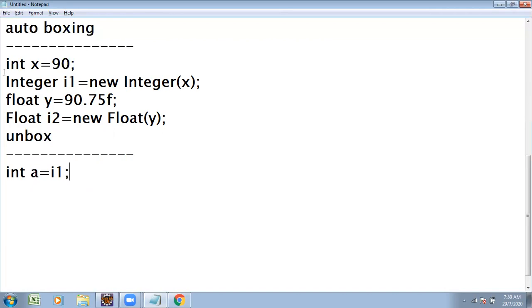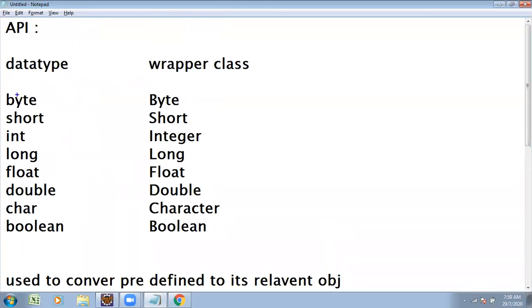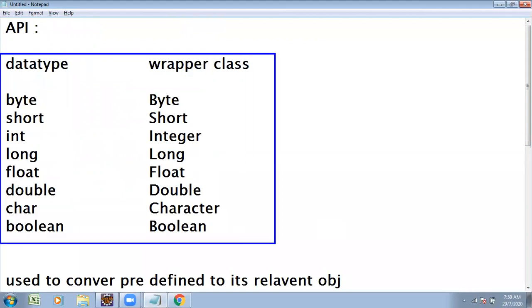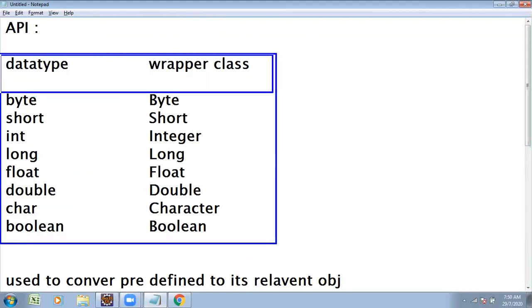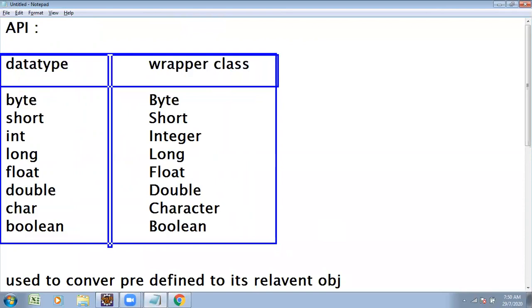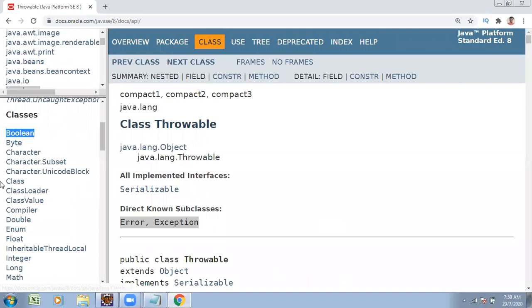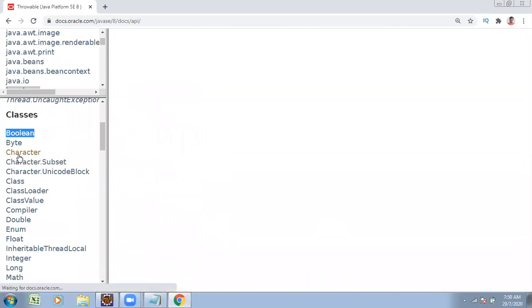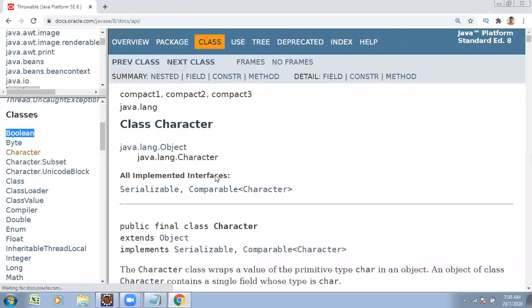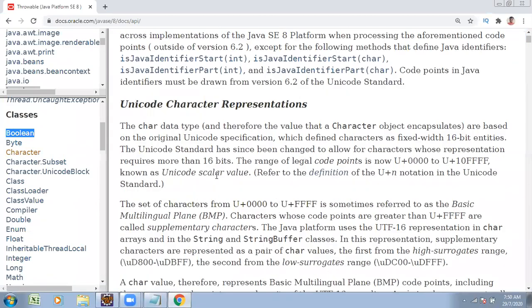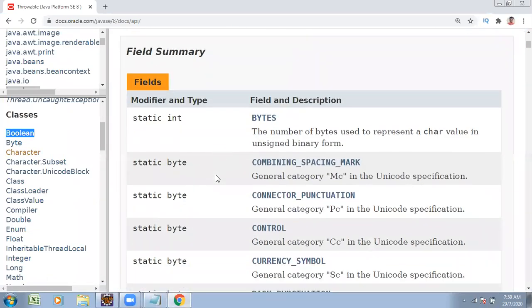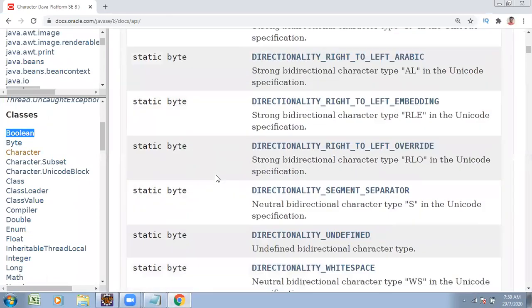Now we wanted to concentrate on all wrapper classes and which methods are there. I wanted to concentrate on one case study related to these wrapper classes. What is the case study? I wanted to concentrate on the Character class. Character class contains n number of built-in methods. Till now we wrote the methods; from now onwards, how to utilize the methods we wanted to concentrate on.